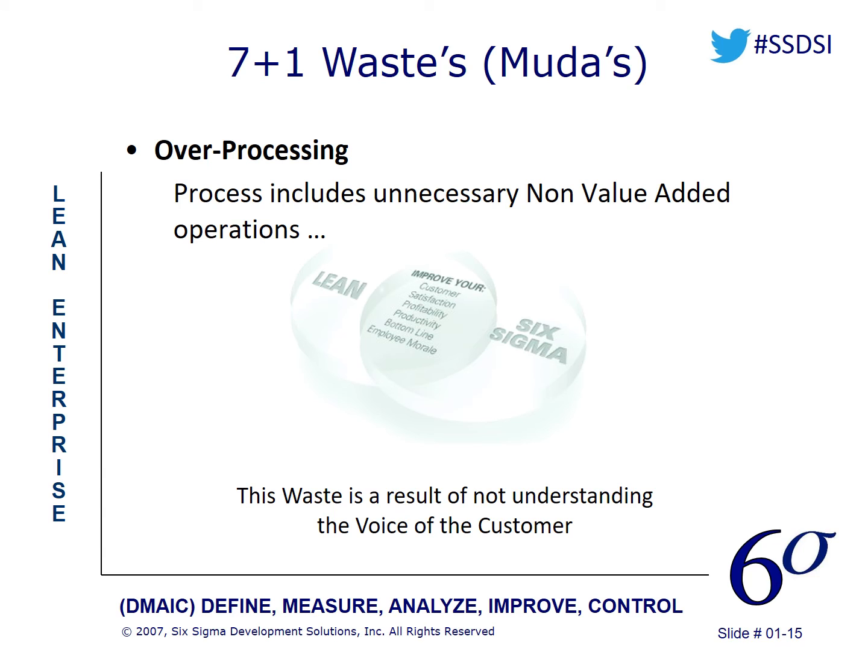Okay, and then we get to overprocessing, and this is really doing more than the customer really wants. Well, a lot of times that's because we don't understand what the customer wants. We make a judgment as to what they think they want. So overprocessing could be giving the customer unneeded complexity. I'll give you an example. I ran